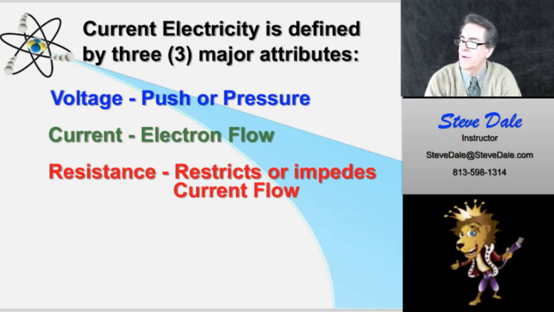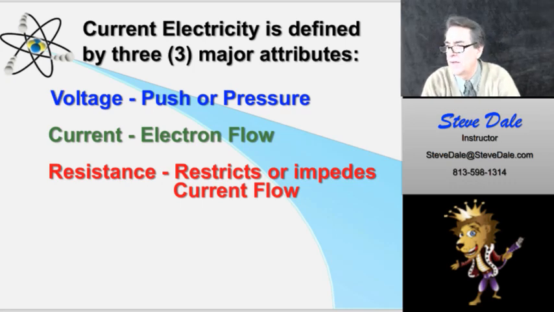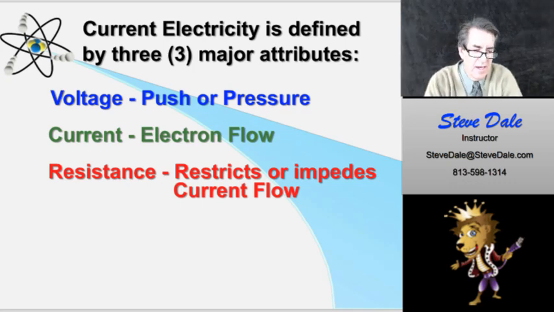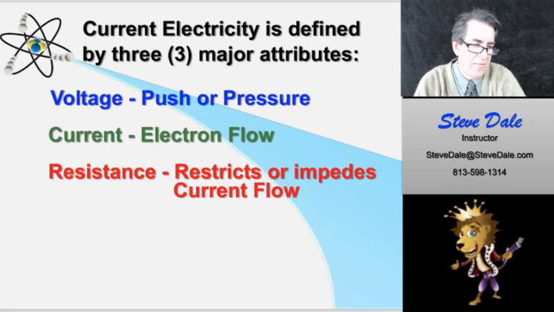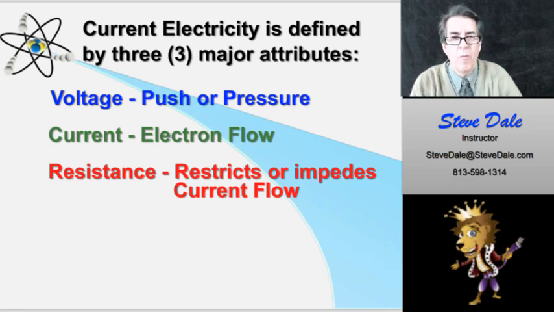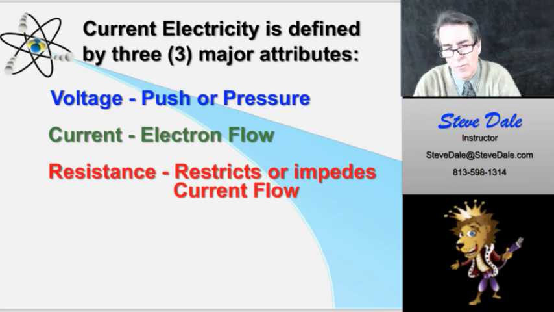So again here, voltage is push, the pressure, the potential at the source. Current is the electron flow, and then resistance is what restricts that flow. It's very similar to, let's say, a water hose. At the spigot, at the point where the hose is attached to the spigot, you have pressure. Regardless of whether the spigot is turned off or sealed, you still have pressure there. And when you open it up, the pressure is released, and then you have a flow of current or water